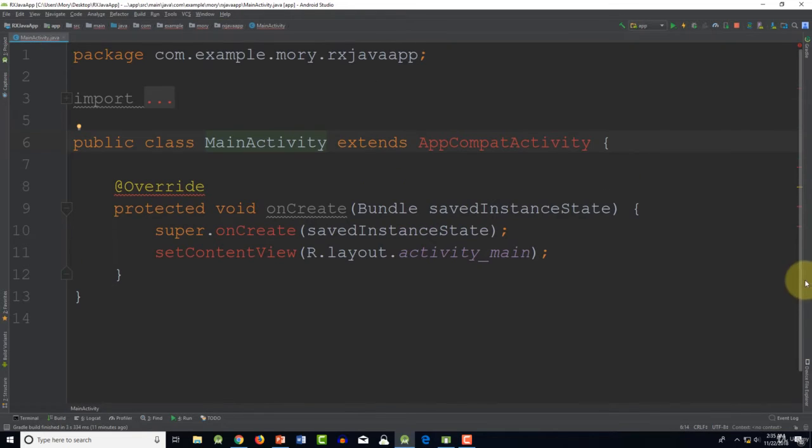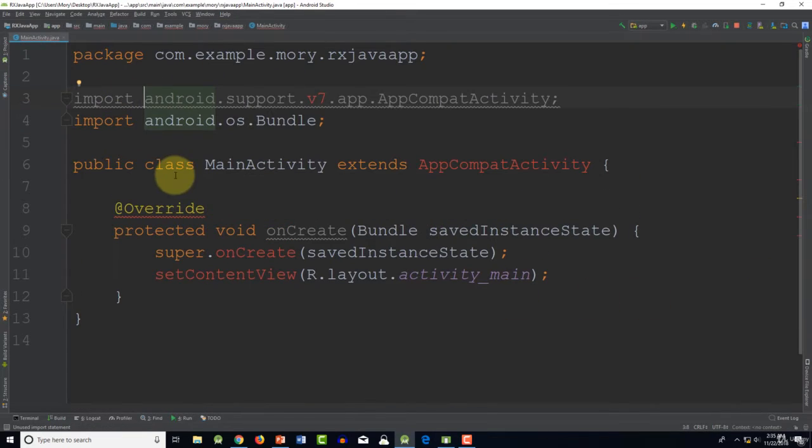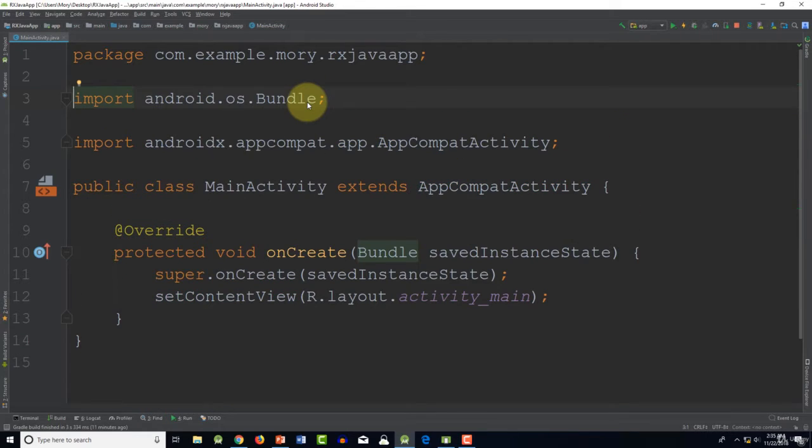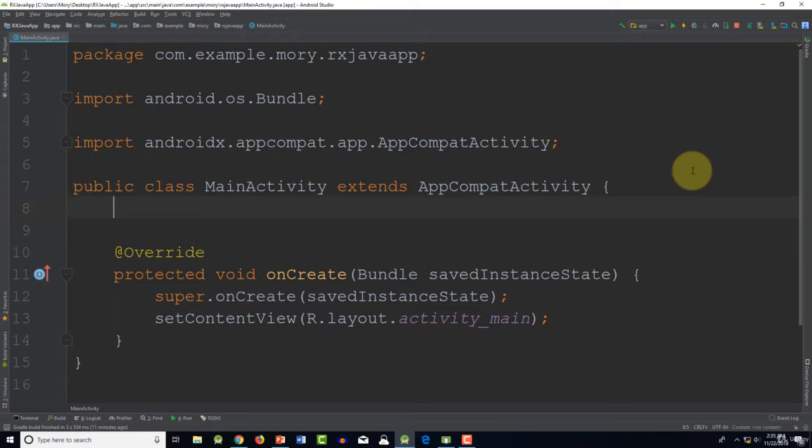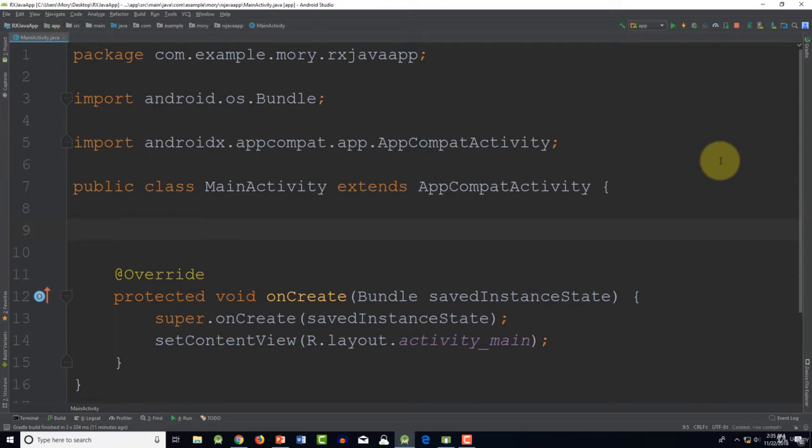So here we have a problem. If you click on the imports, you can see these imports and we cannot see this library anymore. I'm gonna delete this import statement, and now the problem is solved. So now let's go ahead and declare our text view inside our class. I'm gonna say